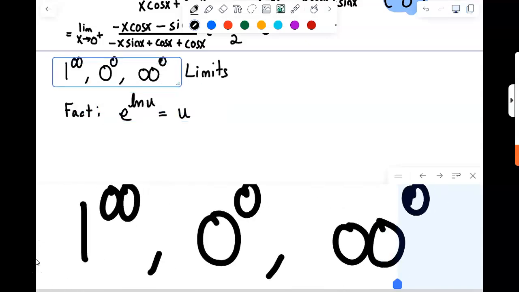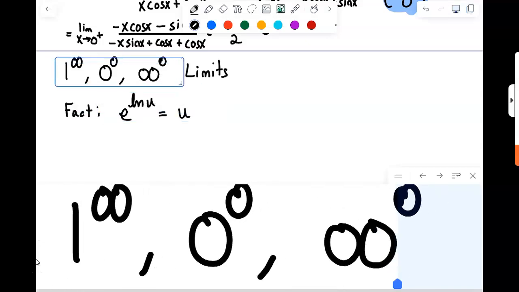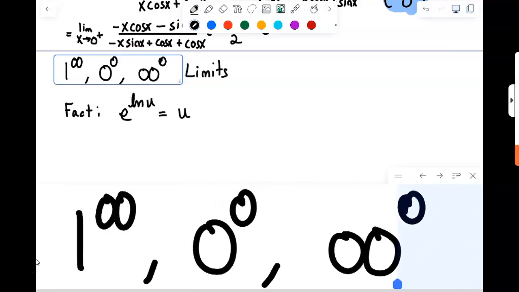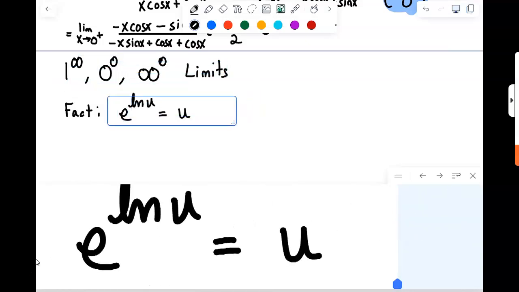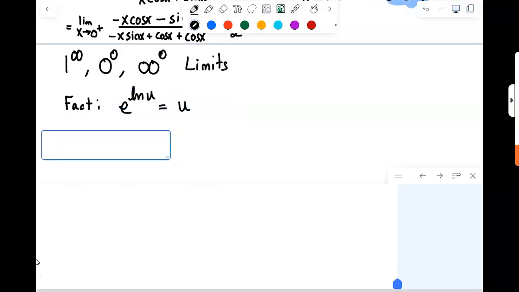The log limits will let us transform these. The log of any one of these three will transform into a 0 times infinity limit, which we can then manage. Every one will transform into a 0 times infinity limit in some way. So that's what we're going to be leveraging, and I'll show you how it works by looking at a function that we would be kind of hard-pressed to think about